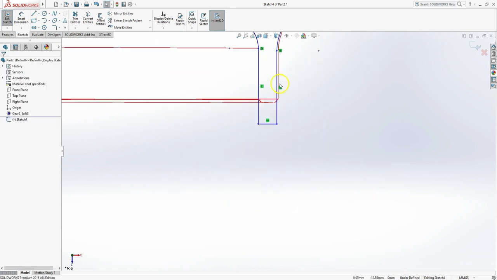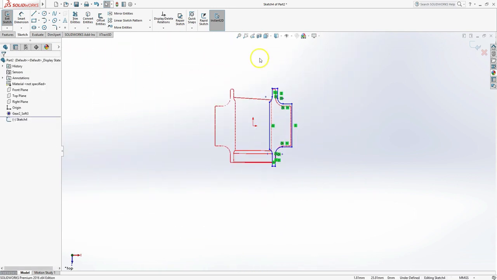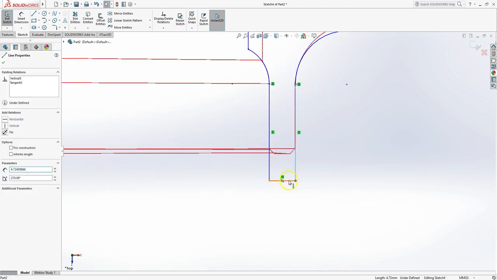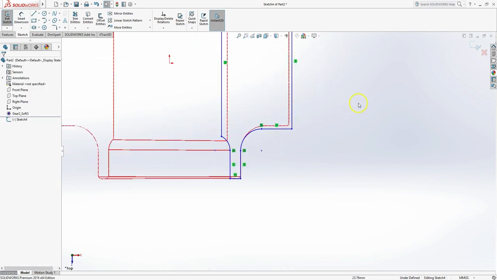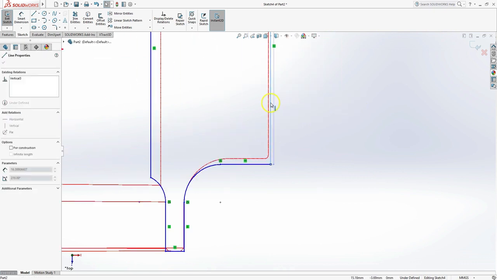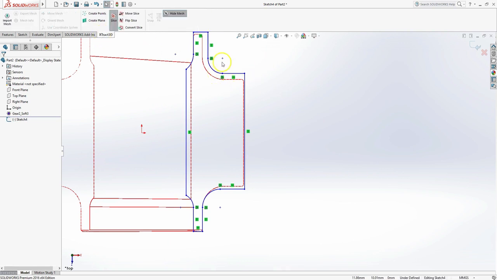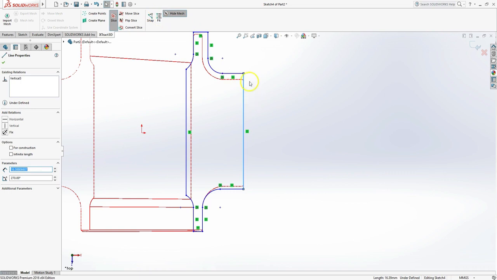Okay, so getting pretty close. I've got the rough shape drawn in there, and now I'm going to go through and adjust these things a little bit at a time, just like that, and get that fairly close. And you'll notice there's actually a tool in the Extract 3D tab: if you select a line, you have the option to fit. And you'll see what that fit does.